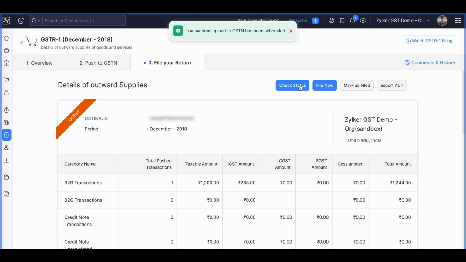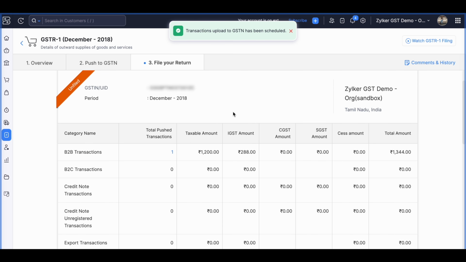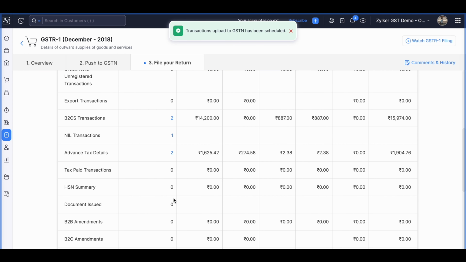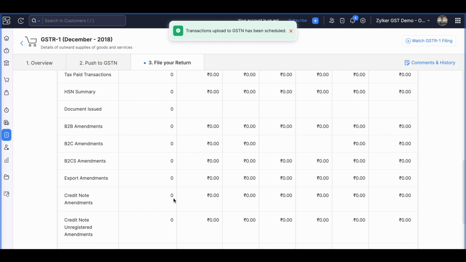So this check status option will help you to check the status of the push which I have done in the previous tab. Now, when the transactions are pushed to the GST portal, the transactions that have been pushed from Zoho Books will be listed in the overview page, and you can verify them once before you file the returns